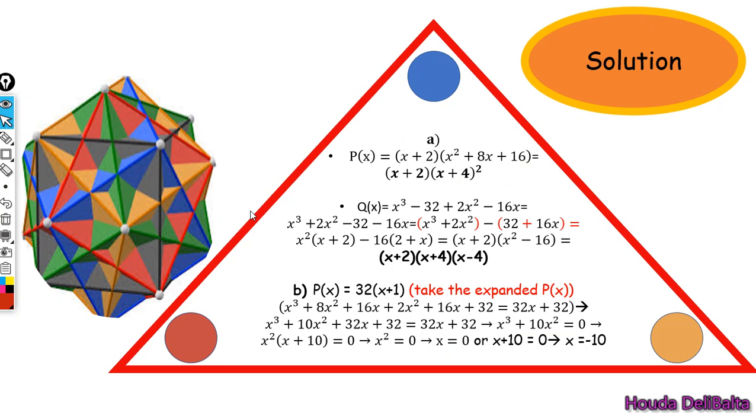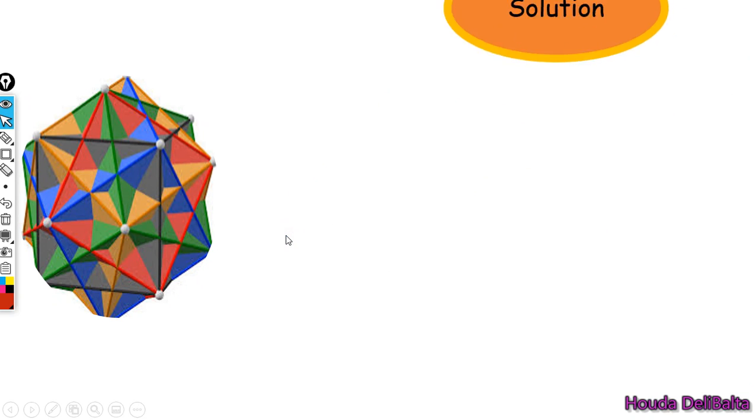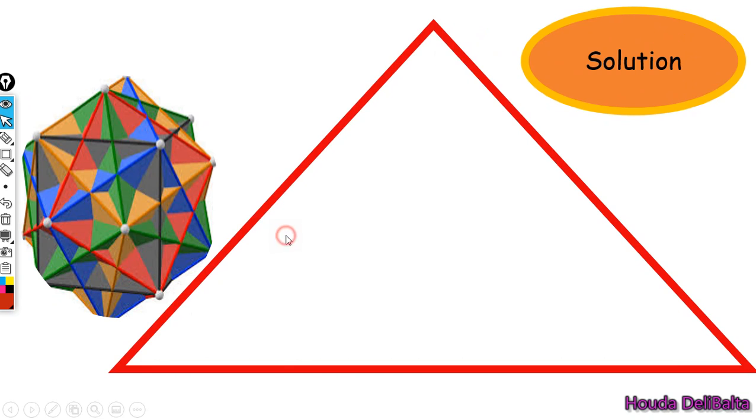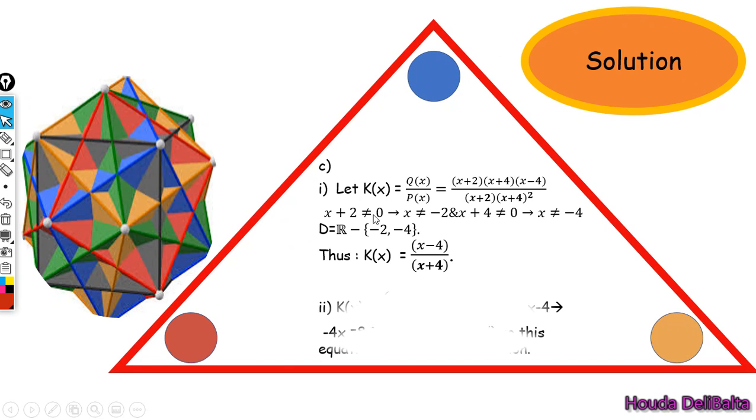Now in this part, we are going to talk about rational forms and about the domain of definition. Here comes k of x, that's equal to q of x over p of x. So we take the factorized q of x over the factorized p of x. For what values of x is this rational form defined? It's defined whenever the denominator is not 0. So x plus 2 should not be 0, then x should not be minus 2. And x plus 4 squared, or x plus 4 as well, should not be 0,